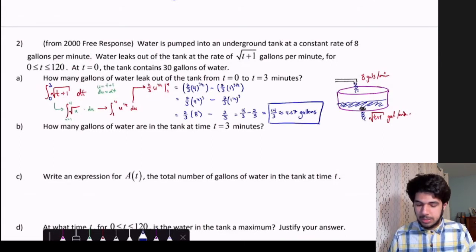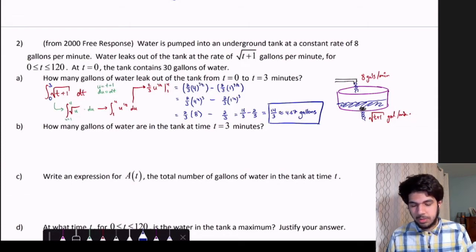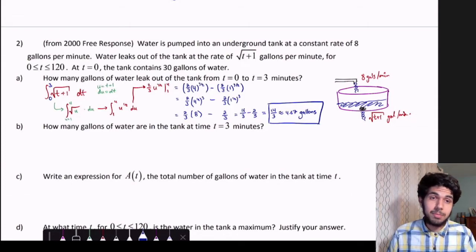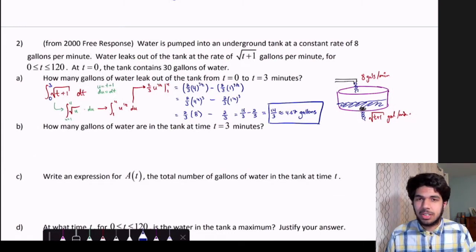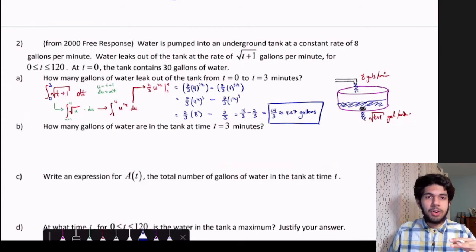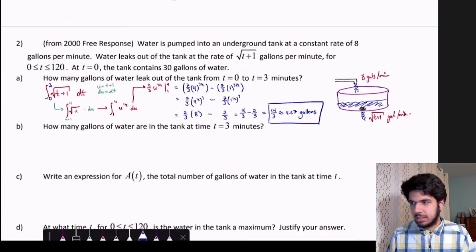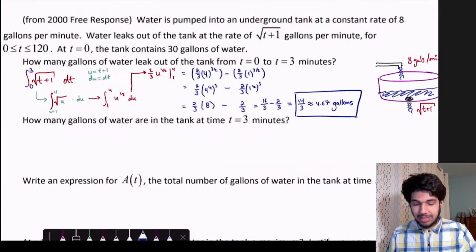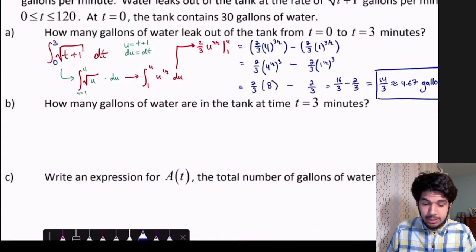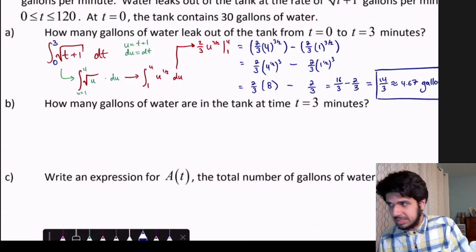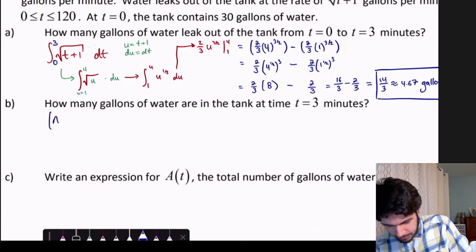Okay, so now part B asks how many gallons of water are in the tank at time t equals 3. Well, now this is interesting, because we have the starting amount of water. At t equals 0, it's 30 gallons. But then we have water entering and leaving the tank. So we need a way to calculate how much water is at t equals 3. So let's try to describe it in words. So the amount of gallons at t equals 3,